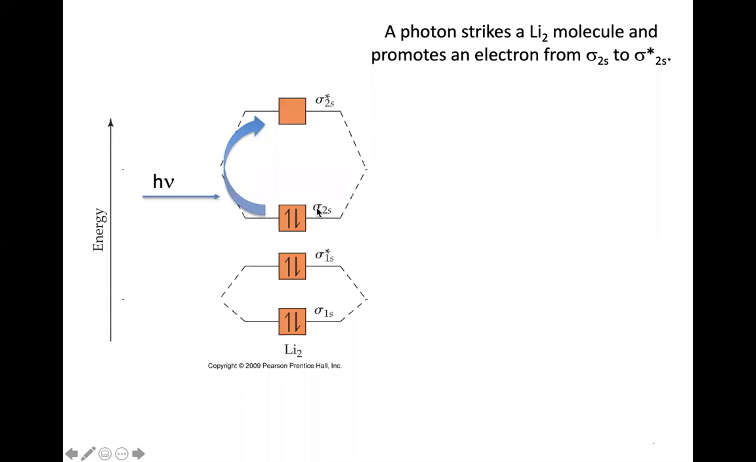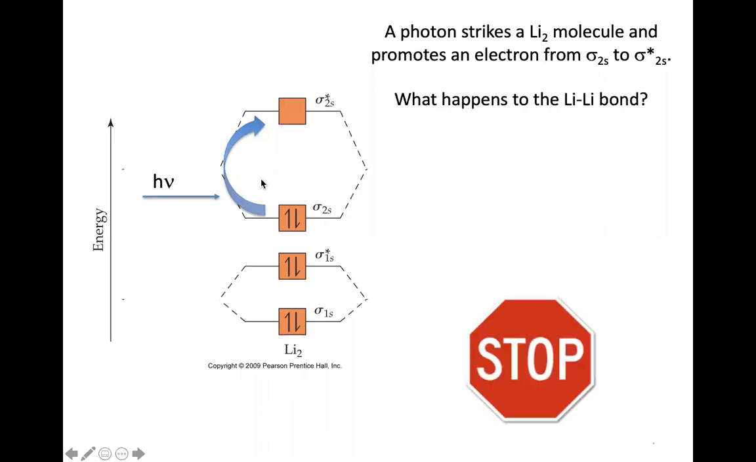It could move it from the sigma 2s to the sigma star 2s. If it did that, what would happen to the bond? This was a question within Perusal, and people did a great job analyzing this. They said, okay, so if I move it up there, based on that new arrangement, my bond order is going